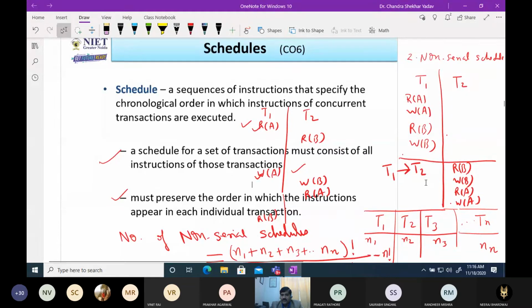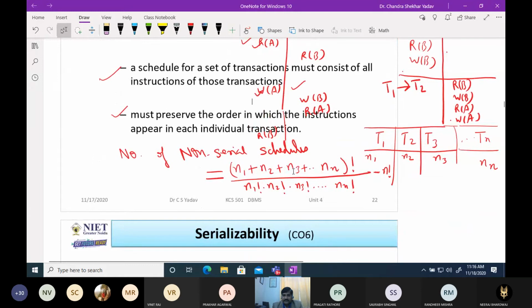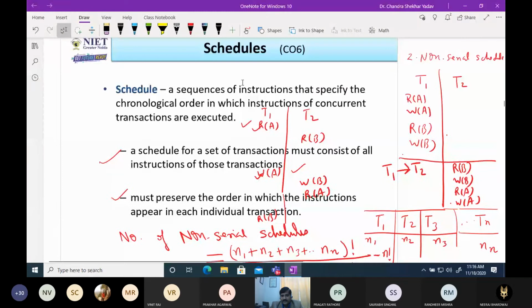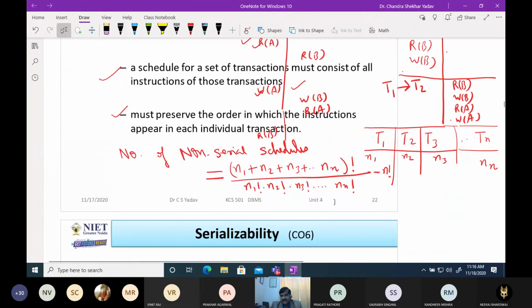So the total number of arrangements of instructions is the factorial of n1 plus n2 plus n3 up to nn, and then we divide by factorial of n1, factorial of n2, and so on. Why? Because we have to maintain the order within the transactions.